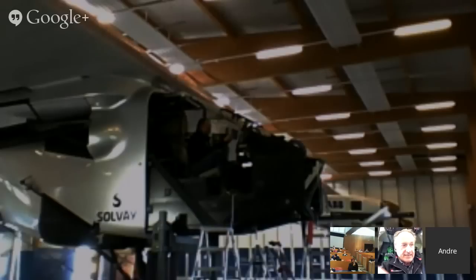Also, weight, of course, is the most important factor. But what we try to understand is the trade-off between efficiency or energy consumption and weight. Because you can make parts more efficient, but very often they are heavier, and of course you have to know what's the best solution. So we try to understand, in fact,